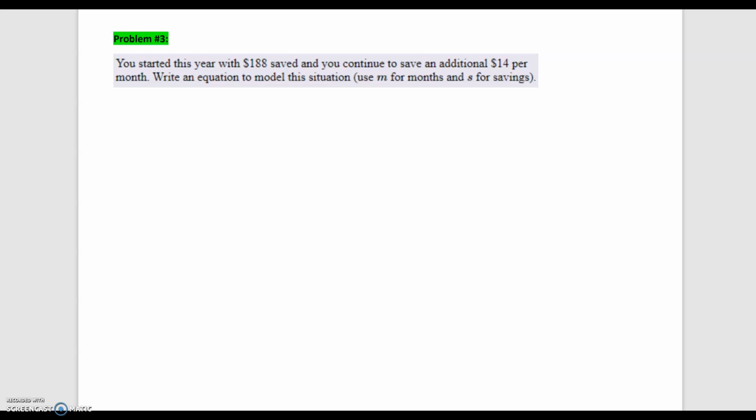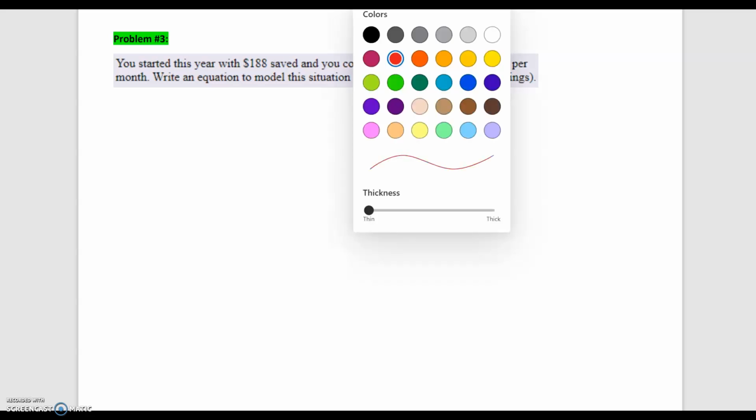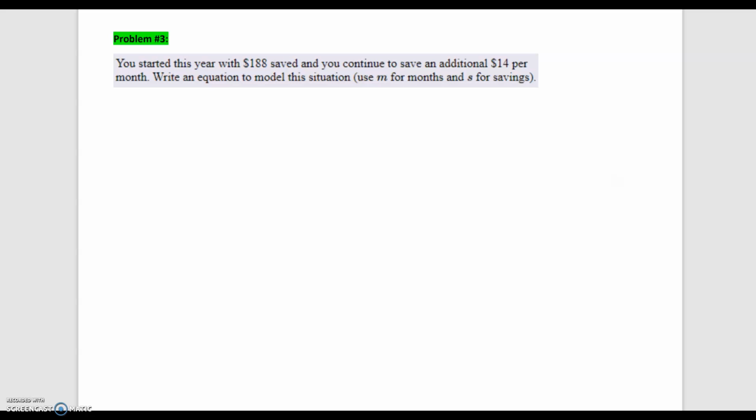Hi class, let's take a look at example 3. Now in example 3, they don't want us to solve a specific problem. All they want us to do is to write an equation that provides a mathematical model for the situation given above. So let's actually dissect the situation, and in the first deposit here, it says that they started the year